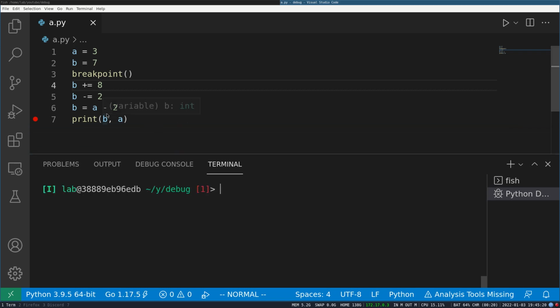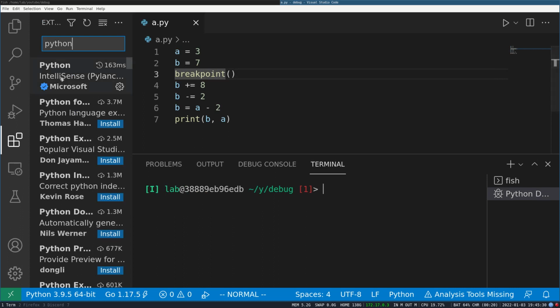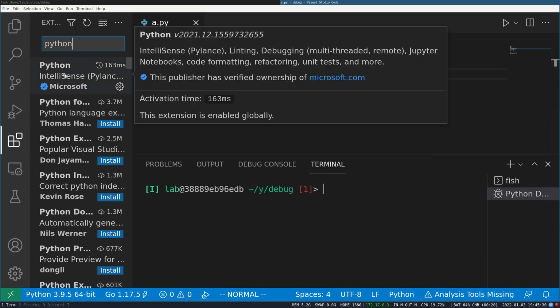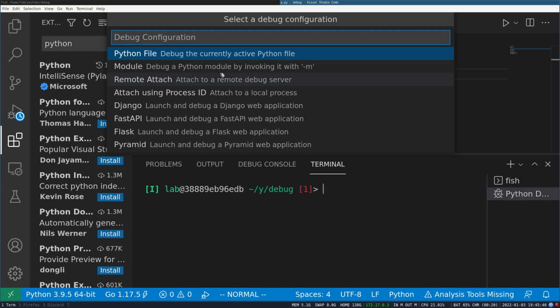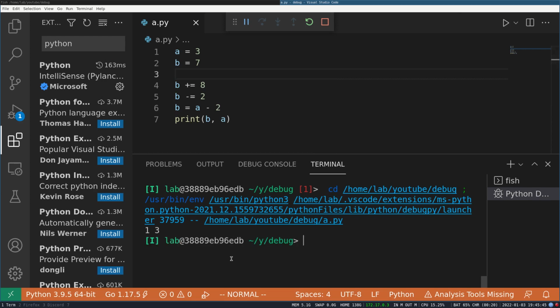And yep, now let me show you the VS Code version of this. For VS Code, first you will have to install the Python extension, and once that is installed, you can press F5 in any Python file and then select the Python file, because that's what you want to execute, and it will run the whole code.